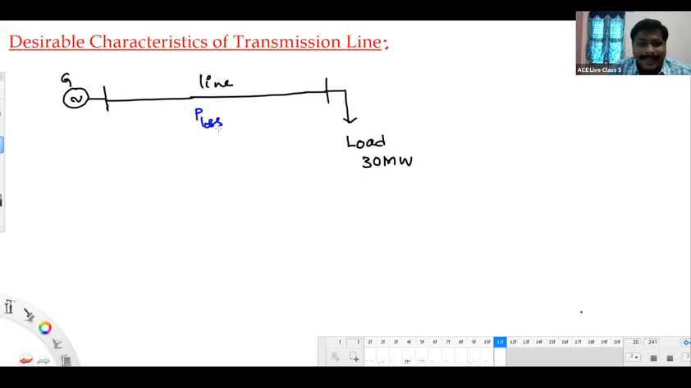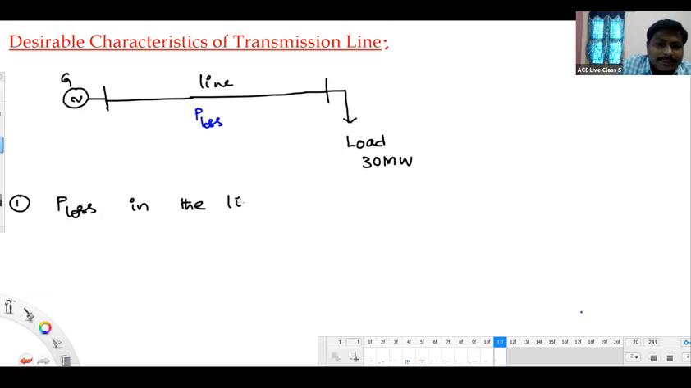No. See, actually, our line, whatever we are thinking here, should not consume any electrical energy. That is one of the desirable characteristics of the transmission line. Else, it is not possible to make that loss zero. At least we attempt to maintain that loss value as low as possible. Okay, that is the first property required. So the first desirable characteristic of a transmission line is that the power loss in the line